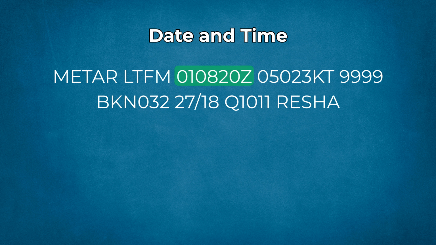Date and time. How recent is the reported weather? Well, this section of the METAR will tell you. It is actually 2 pieces of information. The first 2 numbers are the day of the month. The 4 following numbers are the time at which the observation was taken, and it is important to note that